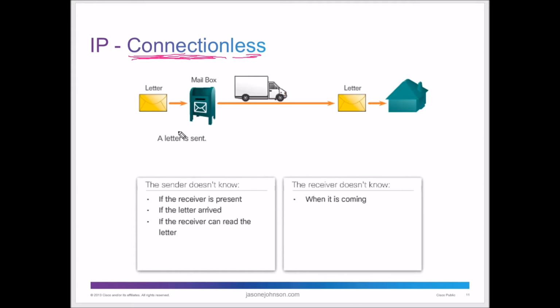What happens with the connectionless? So you send a letter in the mail. Imagine you're going to send a letter to Jane. So Bob's going to send a letter to Jane. You throw it in the mailbox. The truck delivers it, may or may not, but you don't really know if it got there or not. Or let's just say you send an email to somebody. Well, you don't necessarily know it got there. So that's what connectionless is: you just send it and it goes, but you don't really have a receipt on that. Also, the receiver doesn't know what's coming. It just goes.